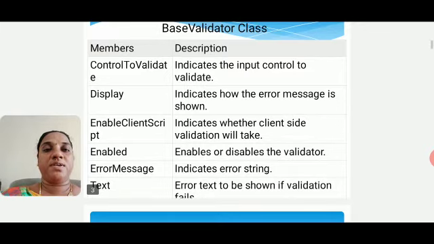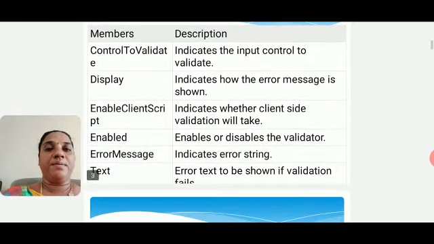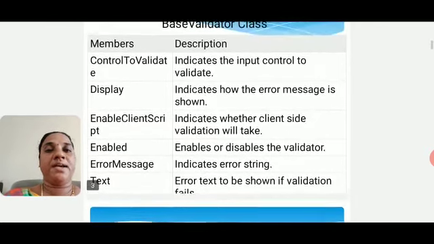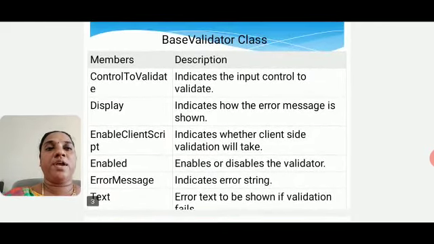ErrorMessage indicates the error message. Text is what will be displayed, that is, suppose the validation fails, what text we want to display. That will be given by the text. So these all belong to the class BaseValidator. All the validation controls will follow these members for validation purposes.